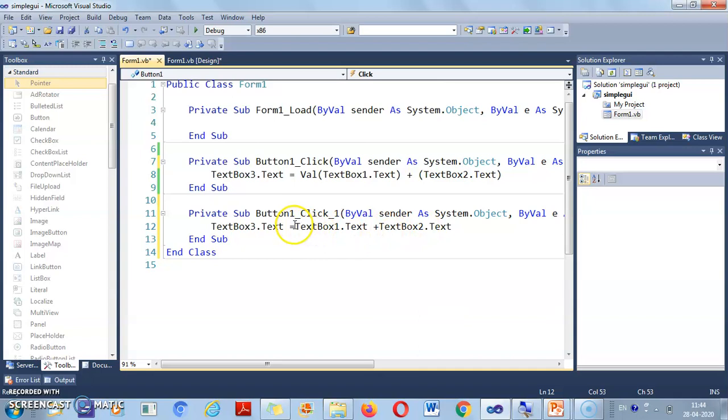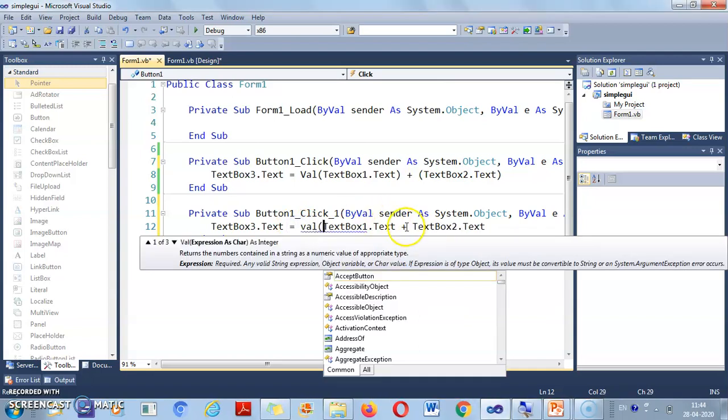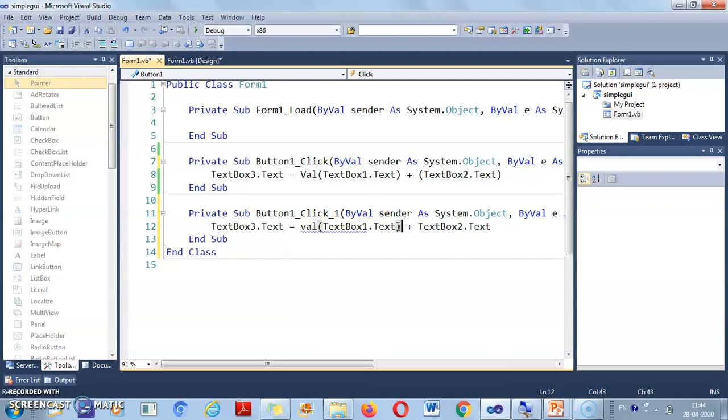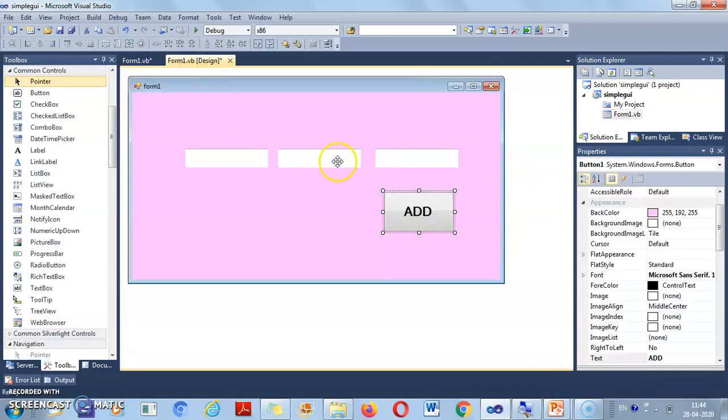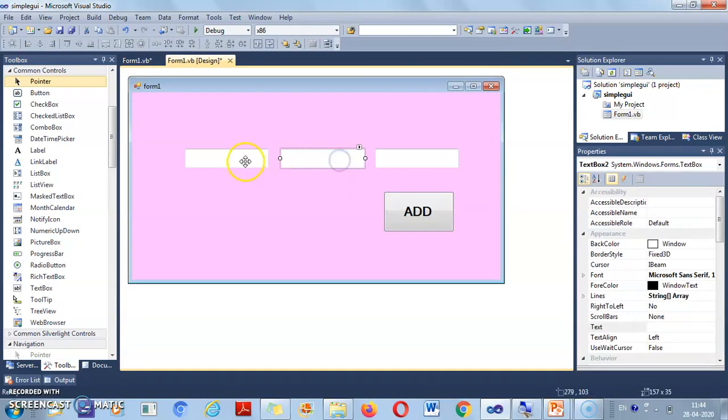A very simple code for the addition of two numbers, and we will provide a base data type. That means by default it is a string, so we will convert it into number so that the calculator will add the two numbers successfully.